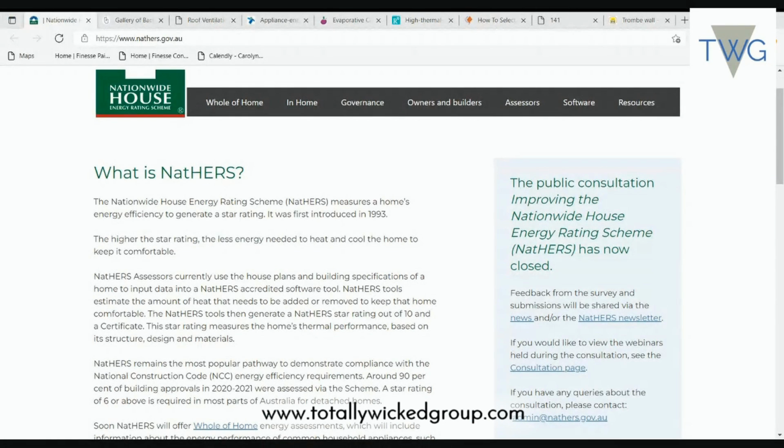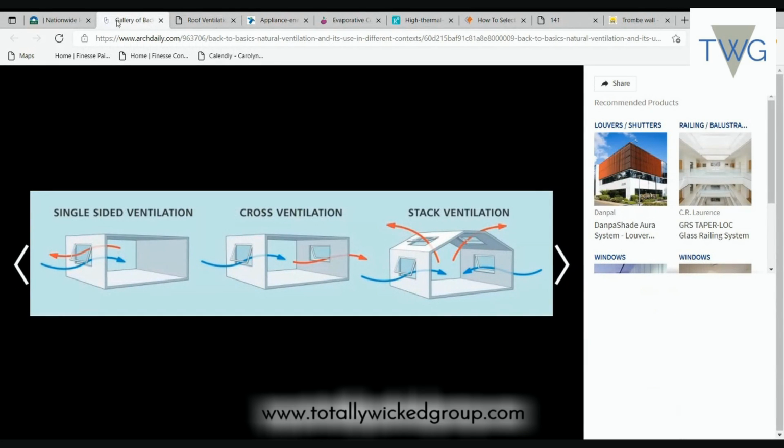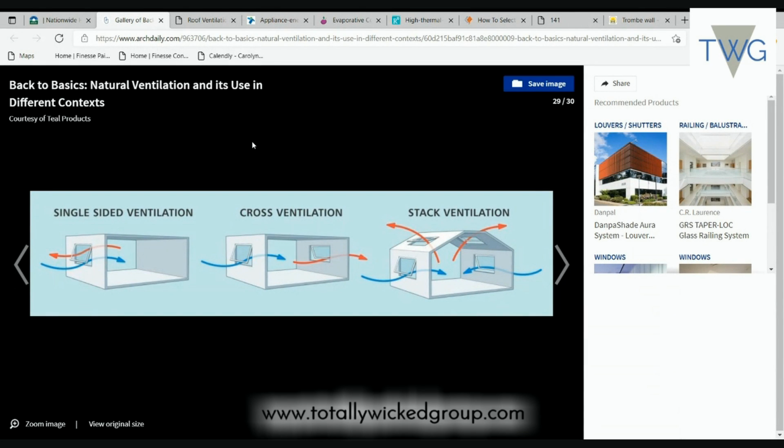So I'm just going to talk about a passive design technique that I mentioned before first, and then talking about how we can make it a little bit more active. So I'm going to share my screen again. So last month